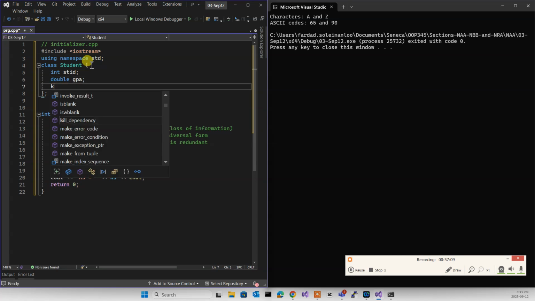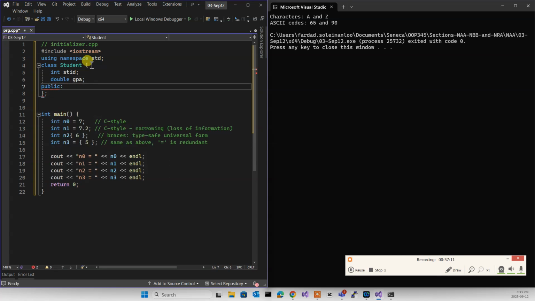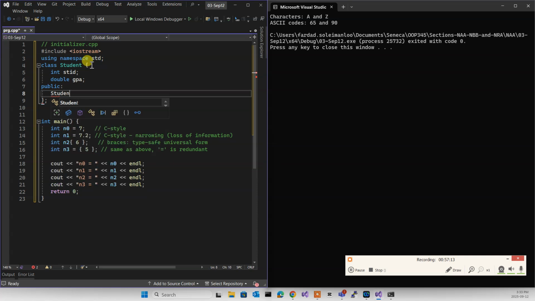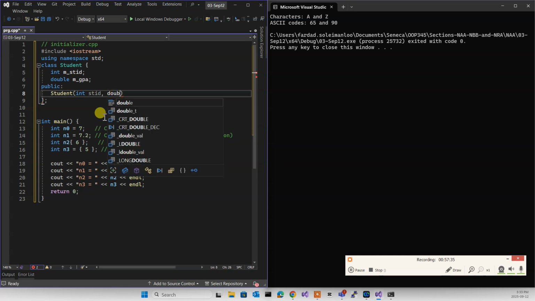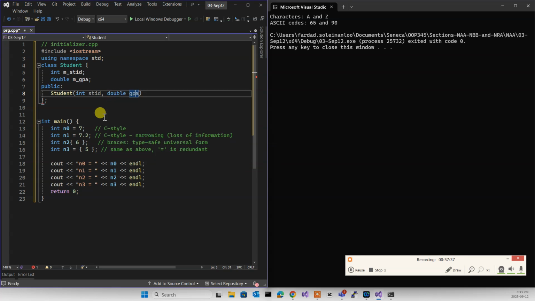And it has a constructor, Student, with int STID and double GPA, okay?